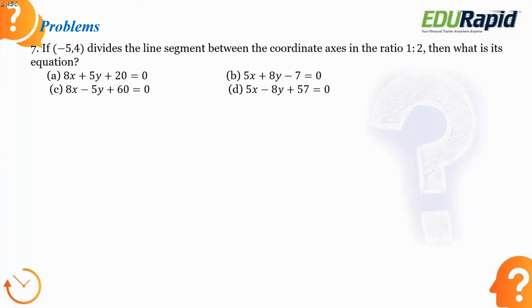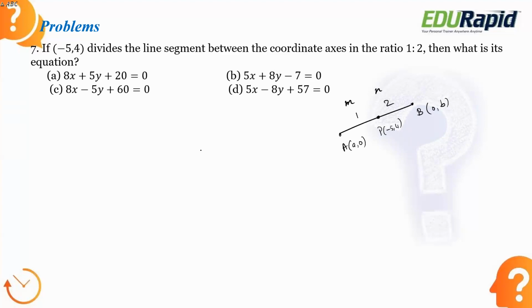How can we solve this? The ratio is given, and also you're given the point which divides it. If you consider a straight line here, you're given the points. Actually, you're given this P of minus 5 comma 4, and also the ratio 1:2. That is M and N is given to you, and you don't know what is A and B. So let us consider A to be some A comma 0 and B to be some 0 comma B. And you know already what is M and N.